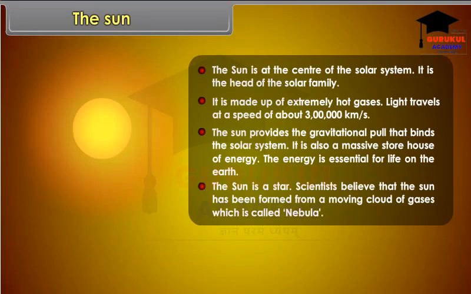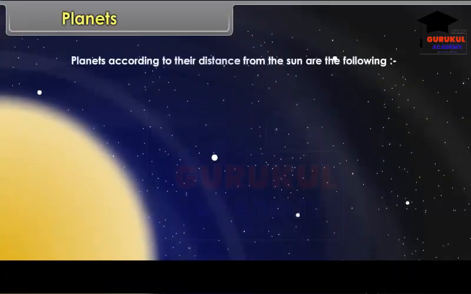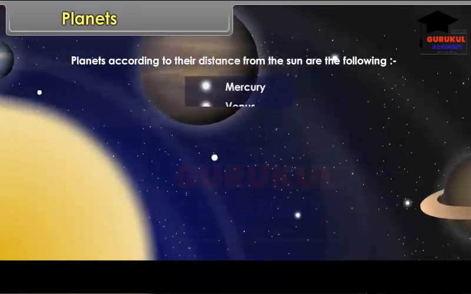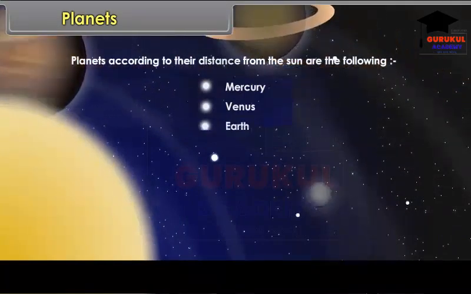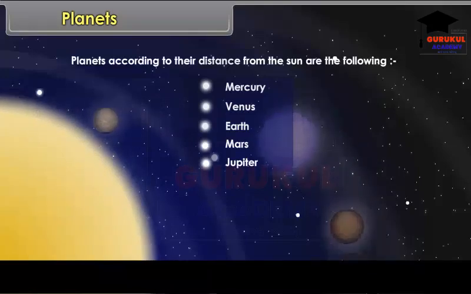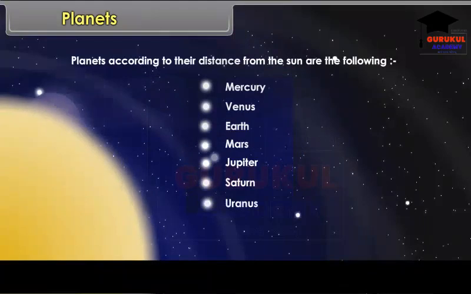Scientists believe that the sun has been formed from a moving cloud of gases, which is called nebula. Planets. Planets, according to their distance from the sun, are the following: Mercury, Venus, Earth, Mars, Jupiter, Saturn, Uranus, Neptune.